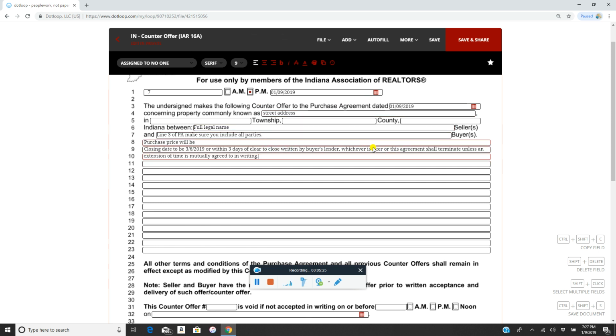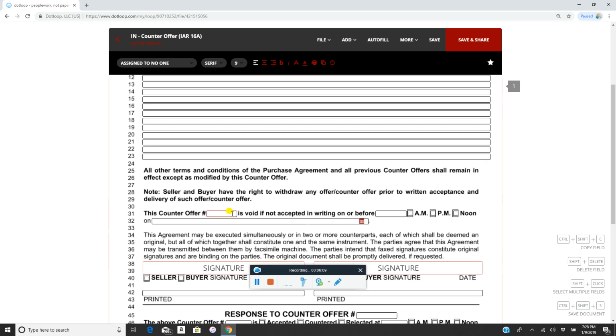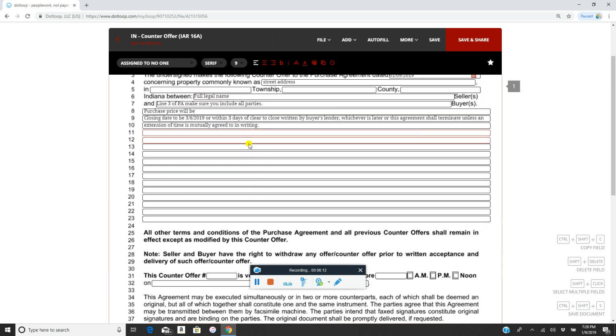So you'll notice I just took the wording from the original purchase agreement and applied it to the terms that I would like changed in this counter. And then you just address everything that your seller would like you to change about the purchase agreement. On this document, once you have all of that completely filled in,